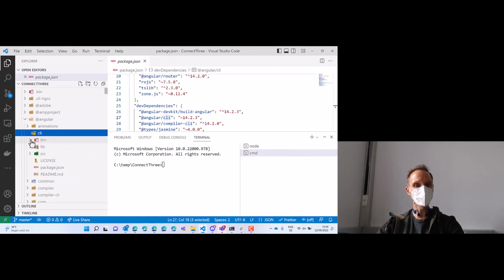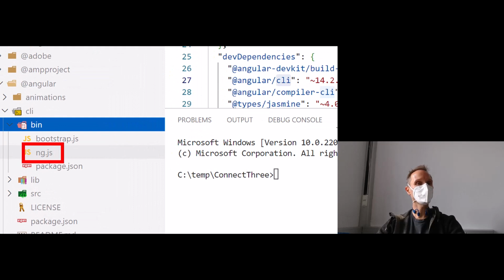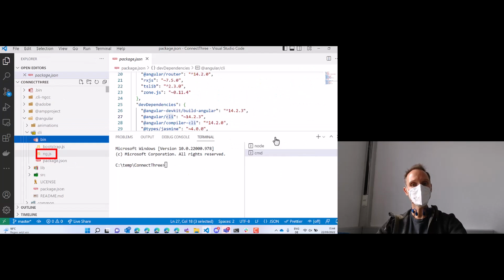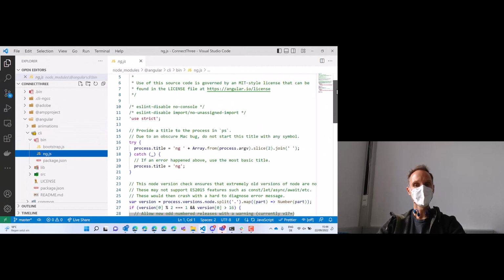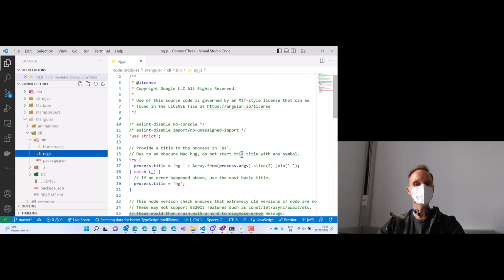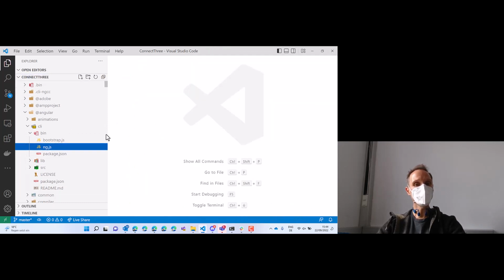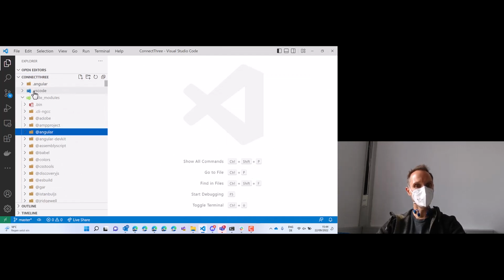Inside of the CLI folder, I can open it up. You see ng.js. So if you really want to take a look at how the Angular CLI is implemented, I can click on that one, and you can see how this is implemented. Of course, this is just an entry point. It will call other modules, but this is essentially what gets called. Understand what I mean? So if you do npm start, you really run